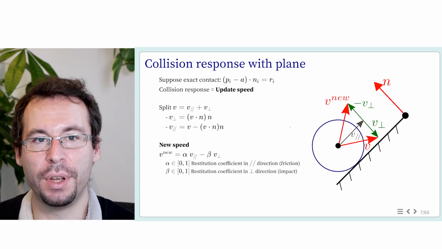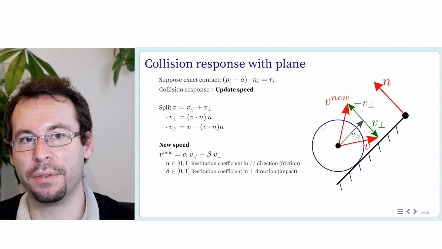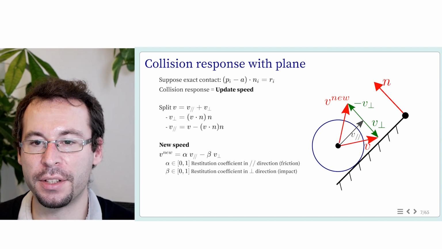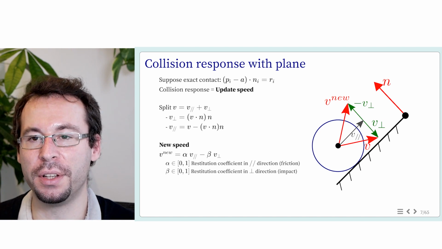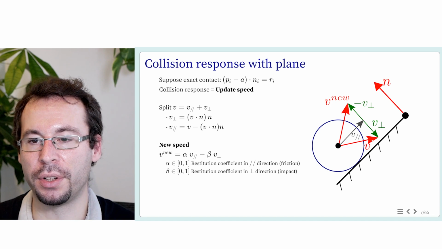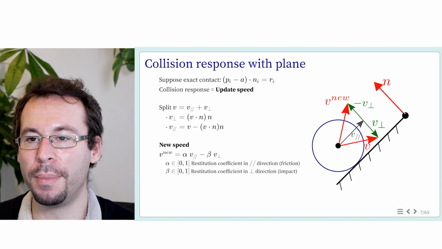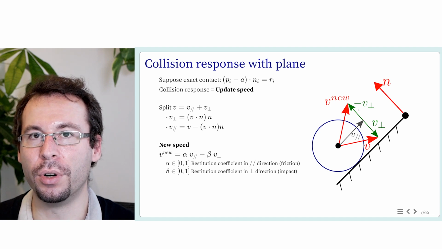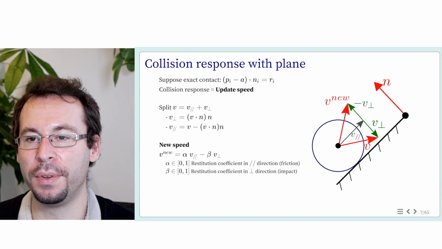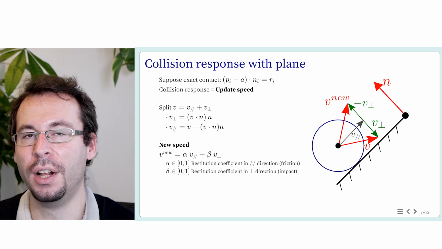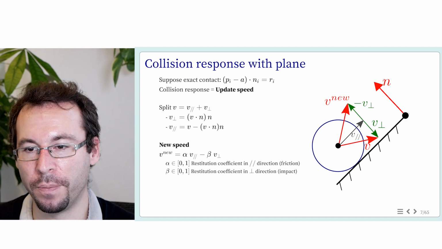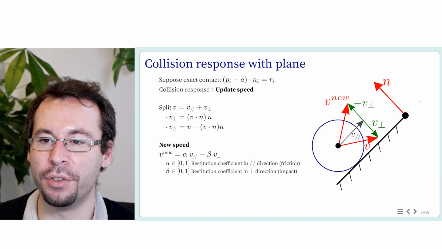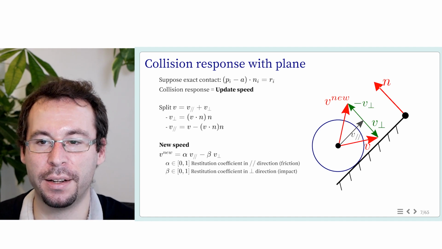And to this end, we are going to suppose that we've got an exact contact of the sphere with the plane. The sphere has a speed v, and to model the bouncing of the sphere, we say the component of the speed that was along the normal direction has to go in the opposite direction. So this is something very general. Actually, we have to consider the separating plane between the two objects in collision. In this case, this separating plane is the plane defined by A and the normal n.